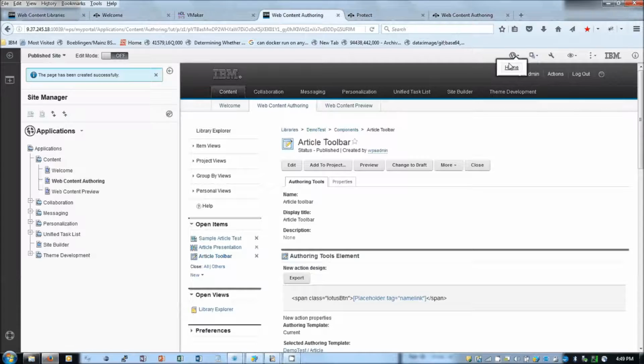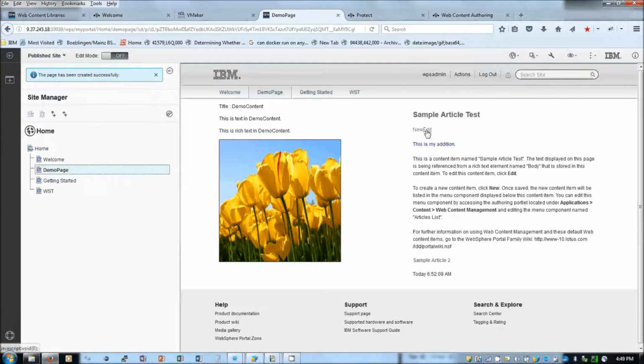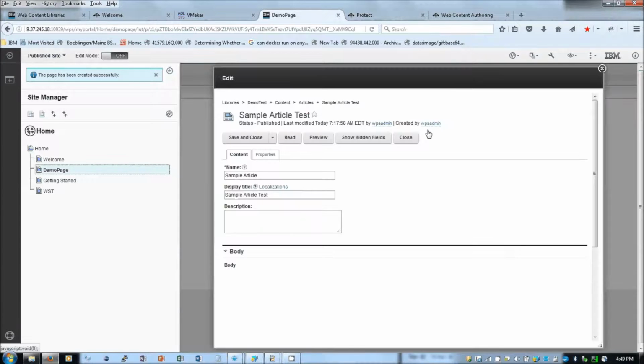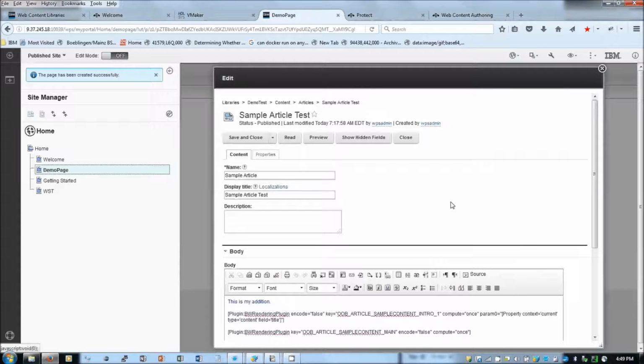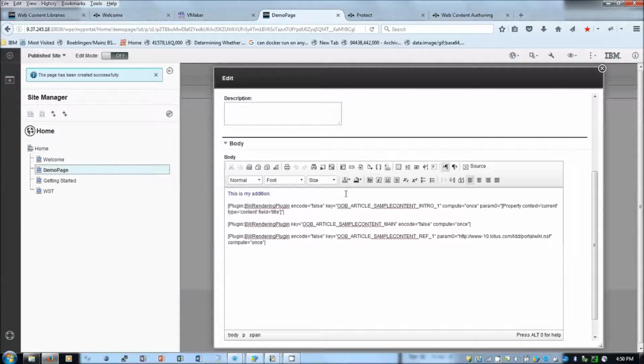When I go to the page, you can see that there are two links here, new and edit. When I click on it, it automatically opens the authoring portlet, and then I'm able to make changes to it.